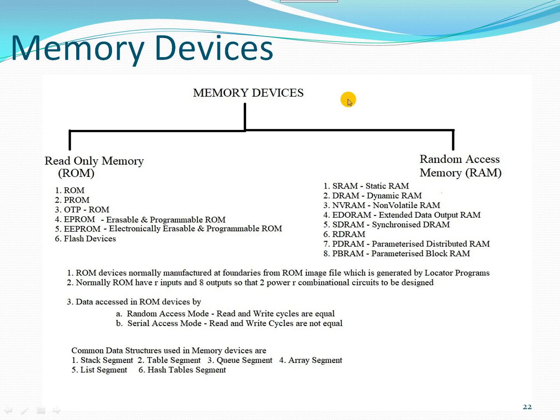In case of RAM, we can classify the RAM into 8 different classifications. SRAM, that is static RAM, dynamic RAM, that is DRAM, NVRAM, that is non-volatile RAM, and EDO RAM, that is extended data output RAM, SDRAM, that is synchronous DRAM, and RDRAM, Rambus DRAM, PDRAM, that is parameterized distributed RAM, and PBRAM, that is parameterized